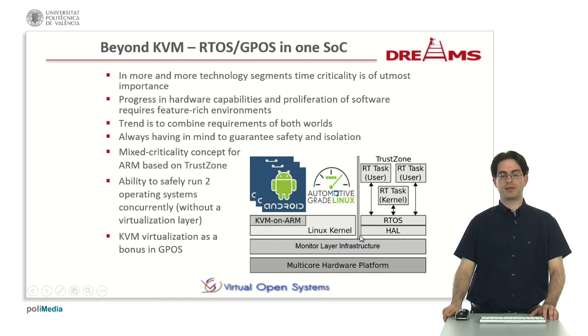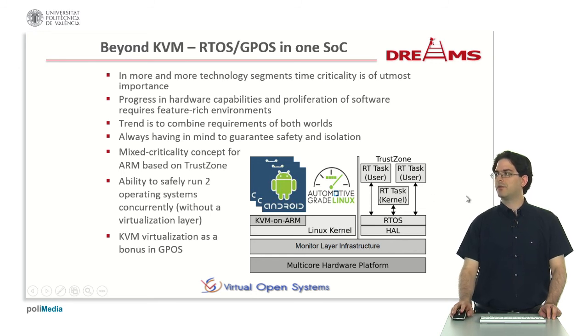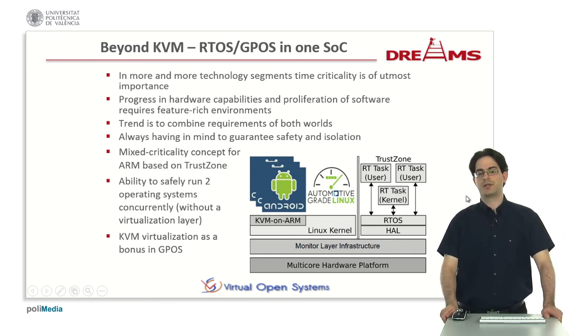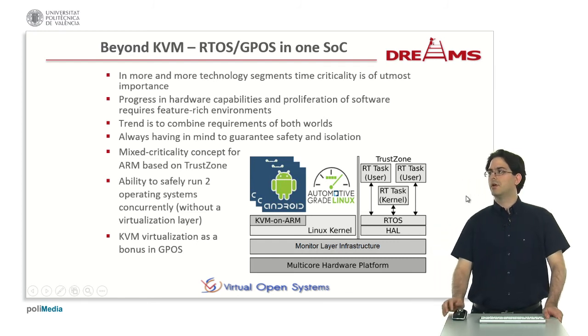So you need a separation layer, and someone could say that virtualization does this very well. You could use KVM to start a real-time operating system for the safety critical part and a general purpose operating system for the infotainment. The problem is that KVM might not be hard real-time for every task, and may have larger latency than needed. So instead of using virtualization, which is a complex concept, we rely on specific extensions in the